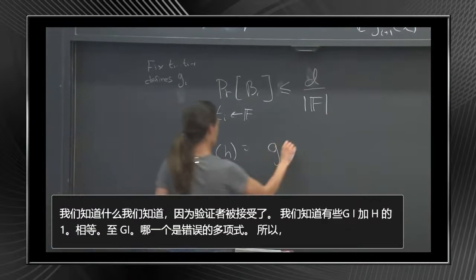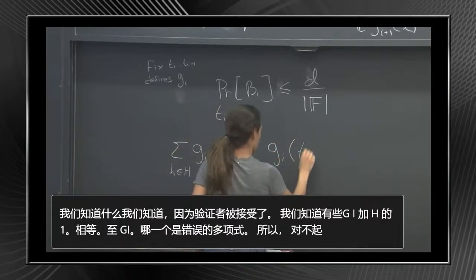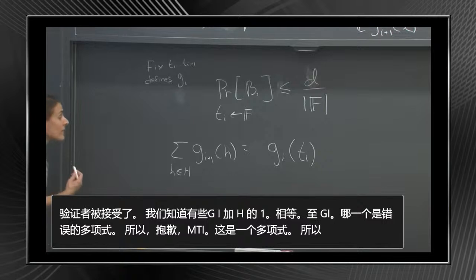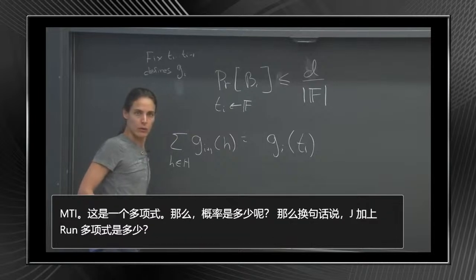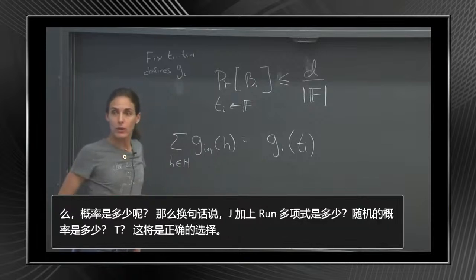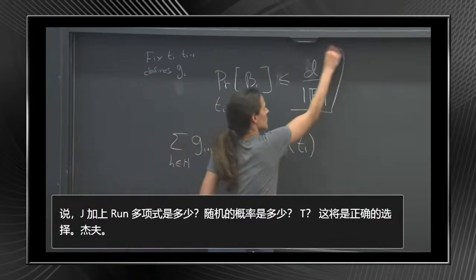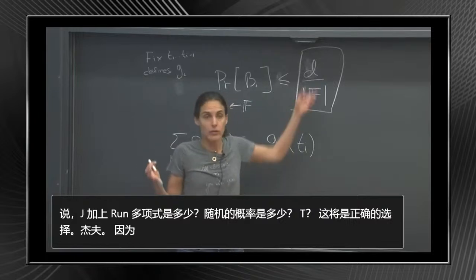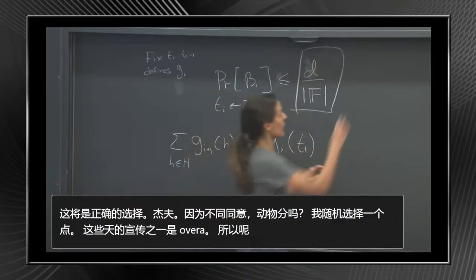And this is the wrong polynomial. So in other words, G_{i+1} is the wrong polynomial. What is the probability that for a random t, it will be the right one? It's d over |F|, because two polynomials that are different agree on at most d points. I choose a random point, and the probability that it's one of these d points is d over |F|. So what is the probability that you cheat?